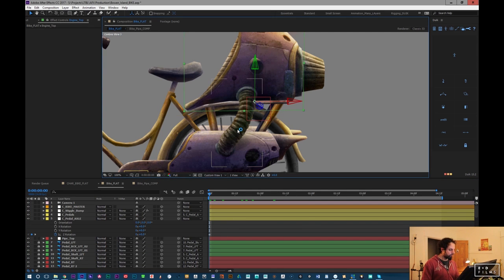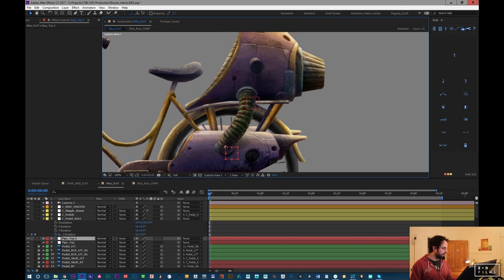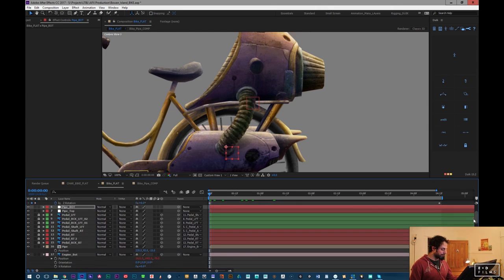So what I'm thinking of trying to do here is taking the top pipe piece and then having a bottom one and having a nested object follow those, be offset by the position of these guys, even though they're parented to something. That might happen, that might not happen. This is a little bit more complicated for me. I'm not 100% sure if I can do this. I'm pretty sure it's possible, but you'll have to bear with me as I